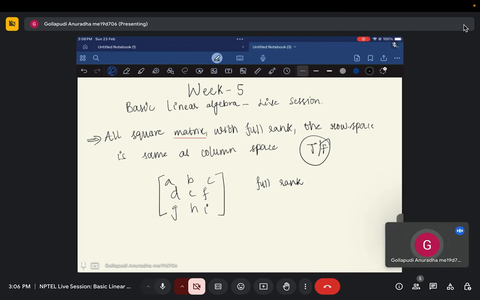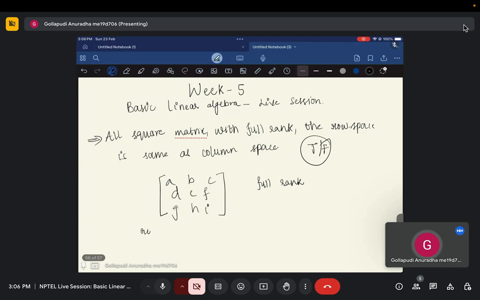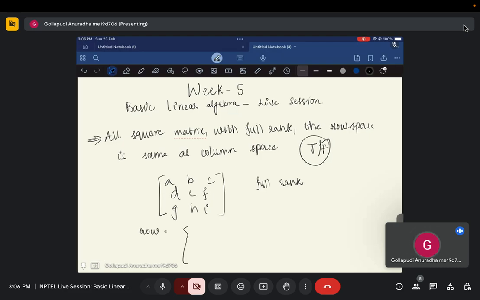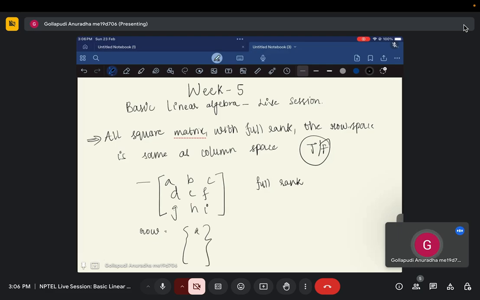Okay, so it's a full rank matrix. What that means is the dimensions of the row space and the column space are both going to be equal to the size of the matrix. So what is the row space here? This is row 1, row 2, row 3. So A, B, C and the others are vectors we have, and in the row space we can